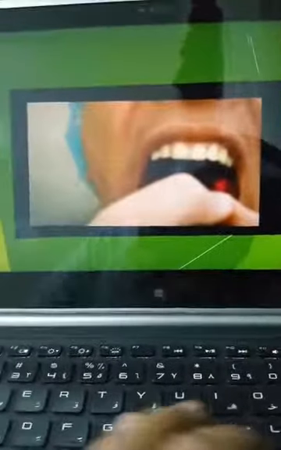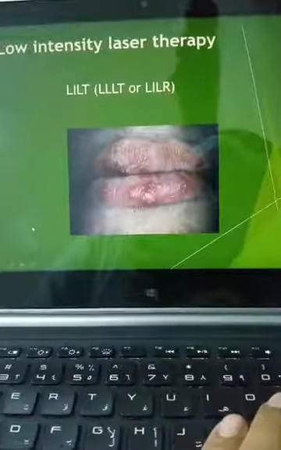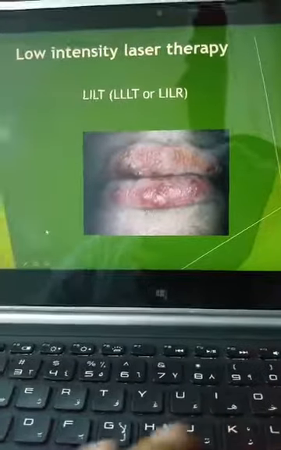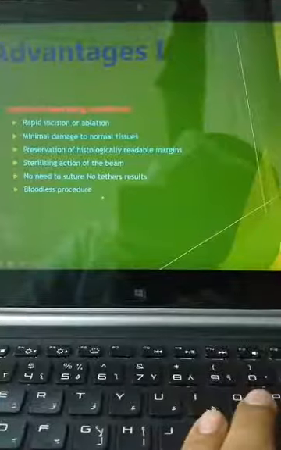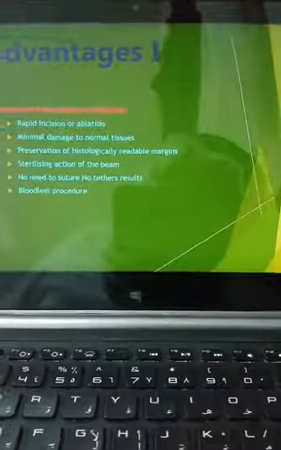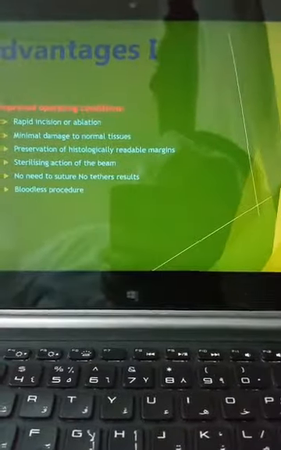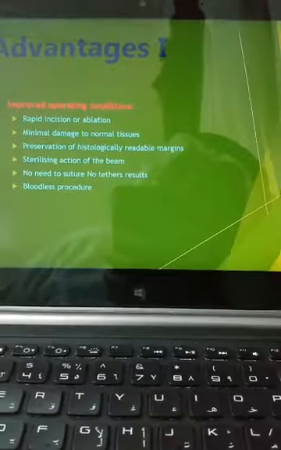Then the third one will be after 1 month. So we can use the low-level laser for snoring and also for treating lesions in the oral cavity. Well, we mentioned the main advantages of the laser, and